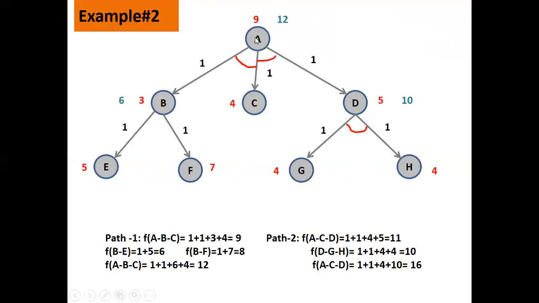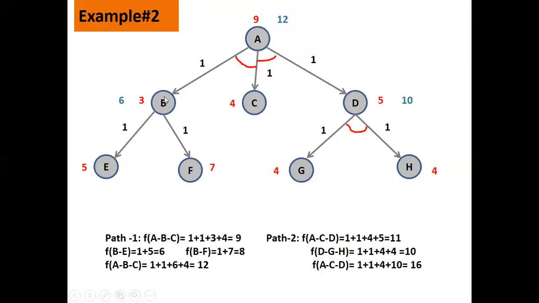And if I follow the second path, what is it? Again, there is an AND arc. So A, C and D. So what will it be? 1 plus 1, 4 plus 5. So 1 plus 1, 4 plus 5, that is 11. Now what is minimum here? Between 9 and 11, 9 is minimum. So I assign heuristic value as 9 for the cost of node A. Is it fine? How did we calculate this 9? Okay. Now this path had lower cost. So we explore this path first, right?